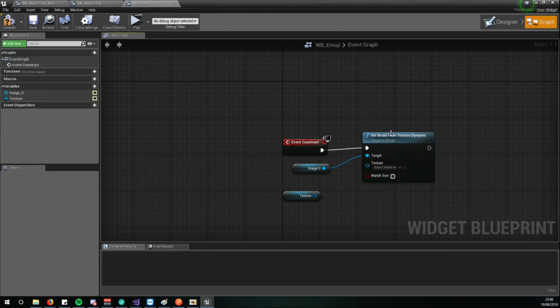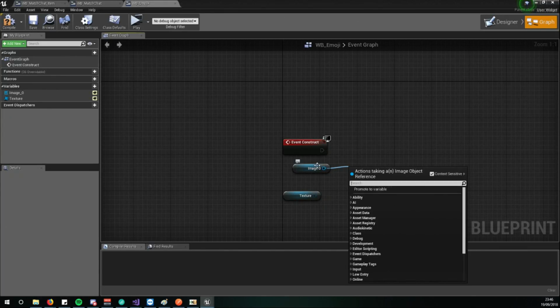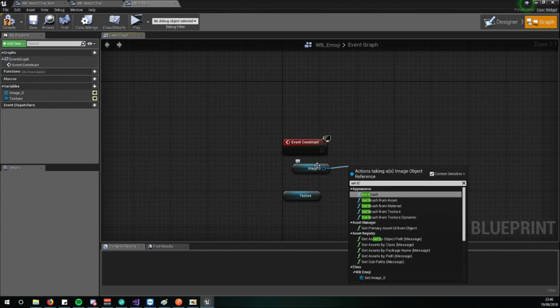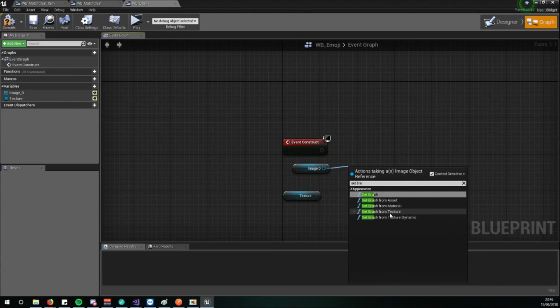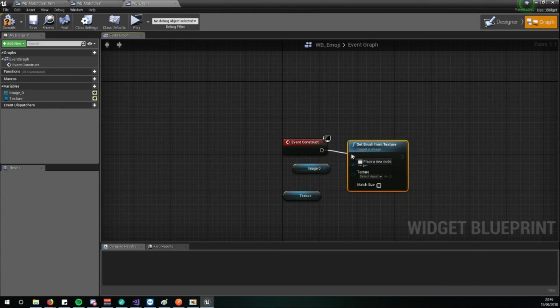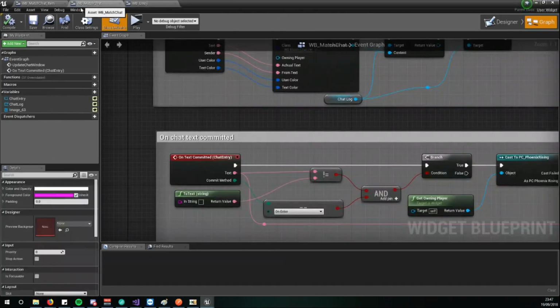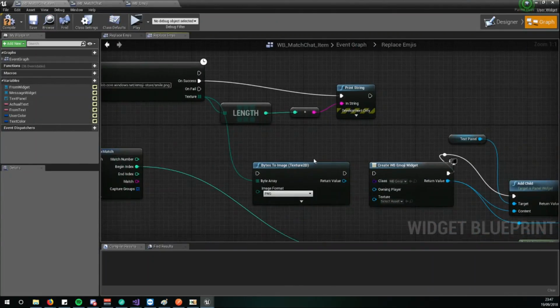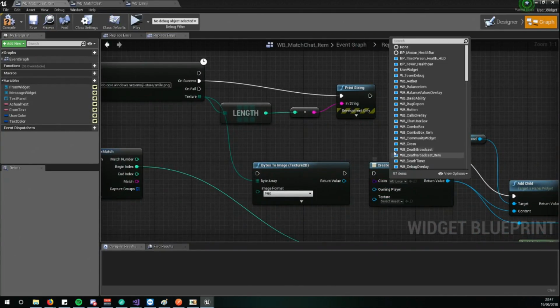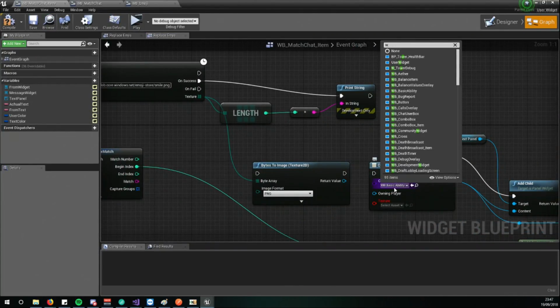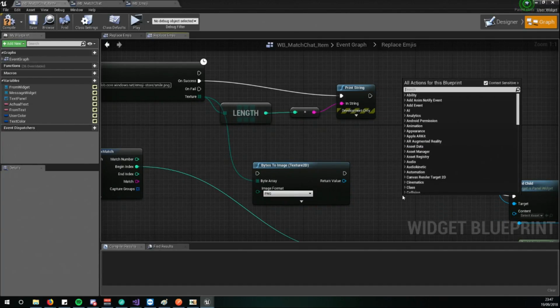So we take this, take the image, and we want to set brush from texture, and we can feed in the texture, compile that, and then what we want to do is go back into the match chat item, and I usually just take this, go to and then put WB, oh nice, it's going to be okay, so create widget,